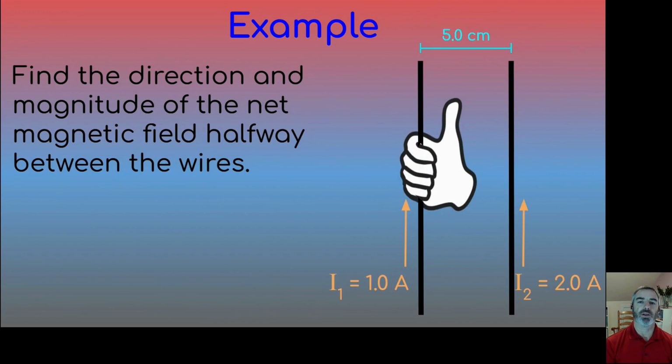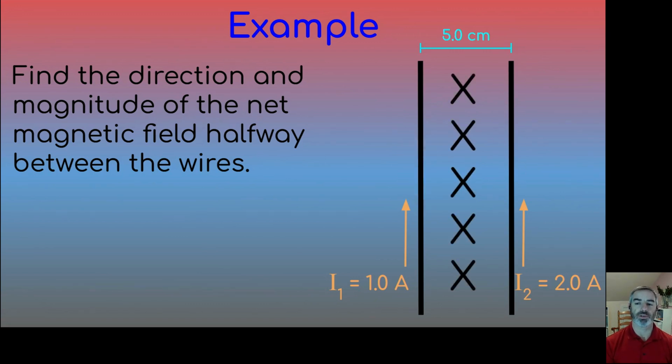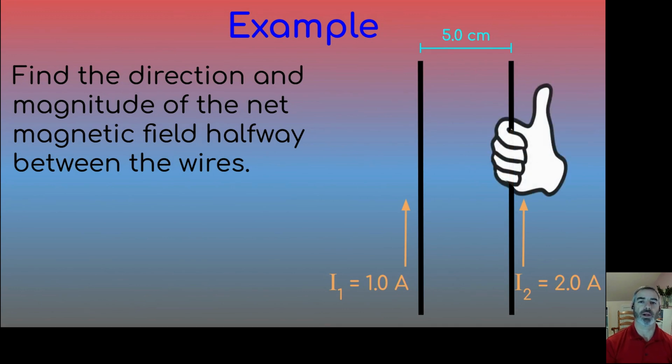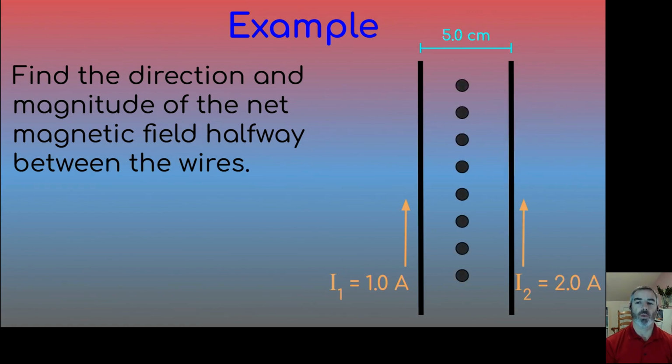We're going to use the right-hand rule to figure out the direction on the left. We can see that our fingers, as we point our thumb in the direction of the current, would point into the page, so we'll represent those with X's. Then we'll find the direction of the magnetic field on the right wire using the right-hand rule, and we can see that our fingers wrapping around the wire would point out of the page, coming out towards us from the right wire. So we've got one of them that is directed into the page from the left wire, and then the magnetic field directed out of the page